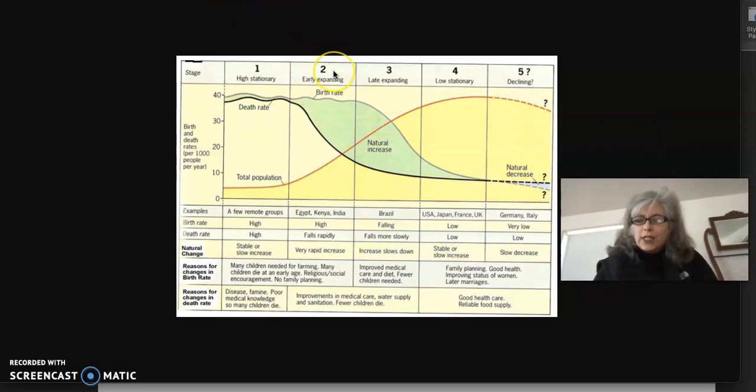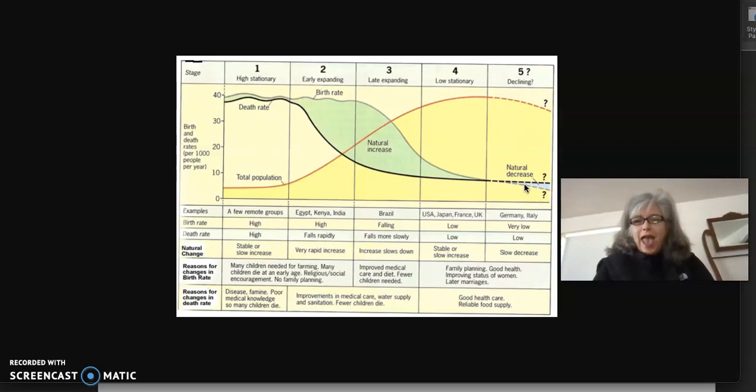Now, when you're reading in your textbook, chapter 2 on population, if you have the 11th edition of the textbook, the authors do not write about stage 5 as something that's happening yet. They write about 4 stages of demographic transition. But if you have the 12th edition of the textbook, the authors do. One of the updates that they have in the 12th edition of the textbook is that they acknowledge, or they think that they are acknowledging, that stage 5 is actually observable in demographic